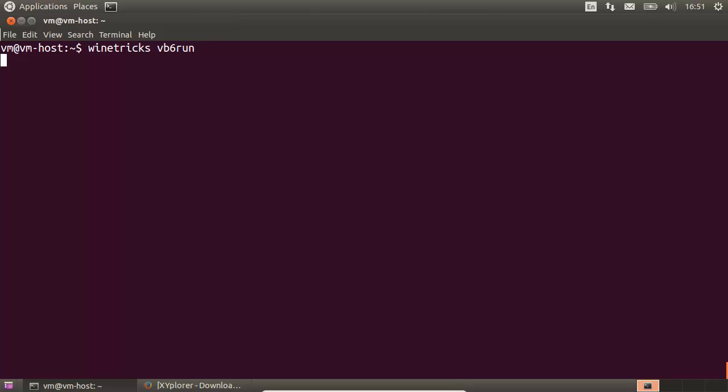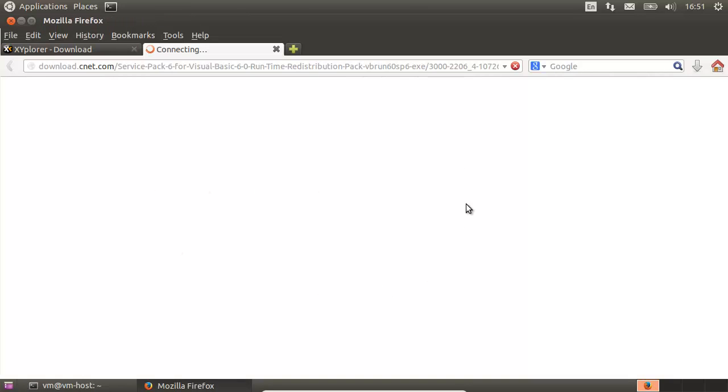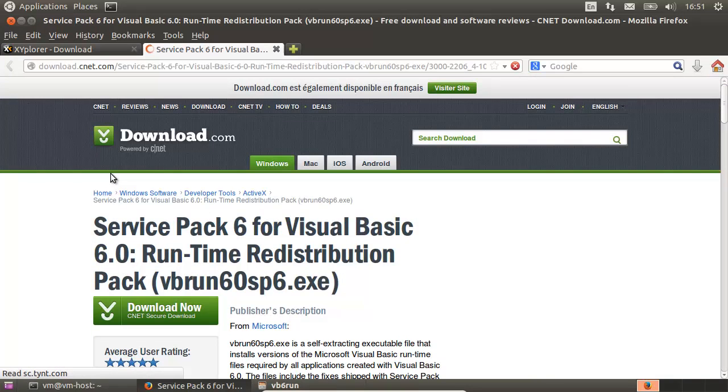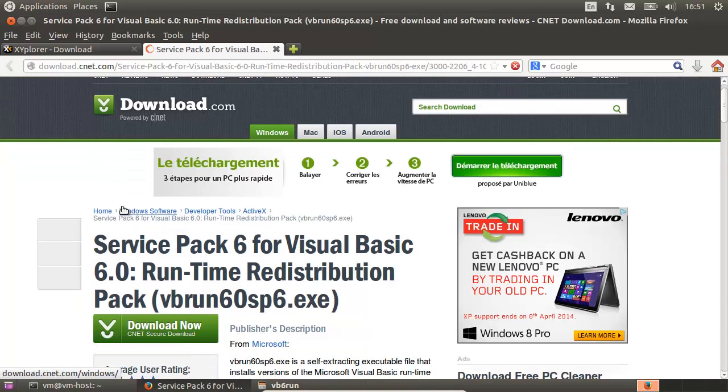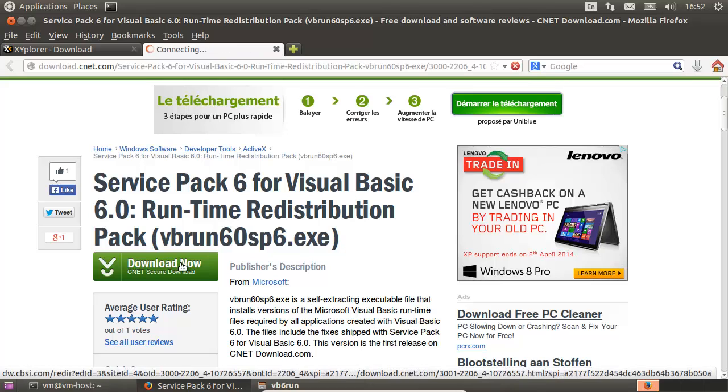Now, this will do something odd. Basically, it'll launch your web browser, because it needs to get a Microsoft executable, which it can't download, so you'll have to do it for it. Here it says, please download the VB6 file. It will pop up your web browser, and I'll tell you exactly which file you need. So you need the Service Pack 6 for Visual Basic. Click download now,